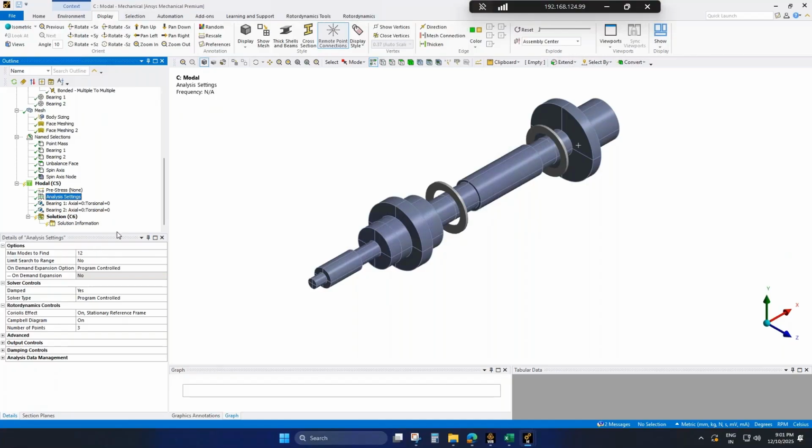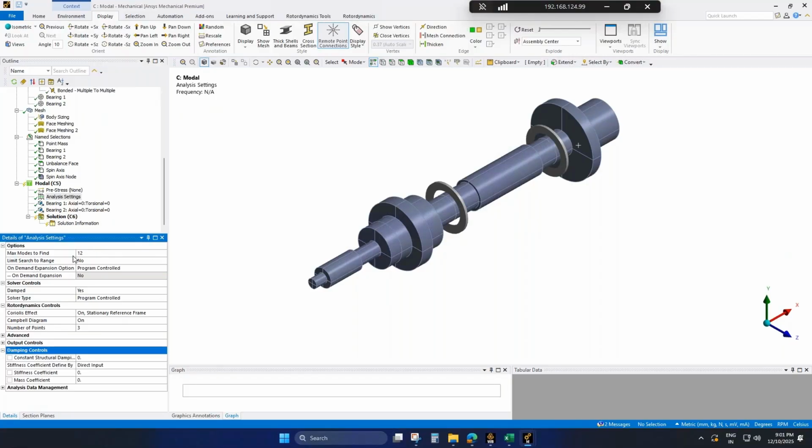I will walk you through the analysis settings. I will request 12 modes, and I will use the damped solver, and I will turn on the Coriolis effect to account for the gyroscopic effect due to spinning. That's how we get the elliptical plot while we are plotting the orbit plot.